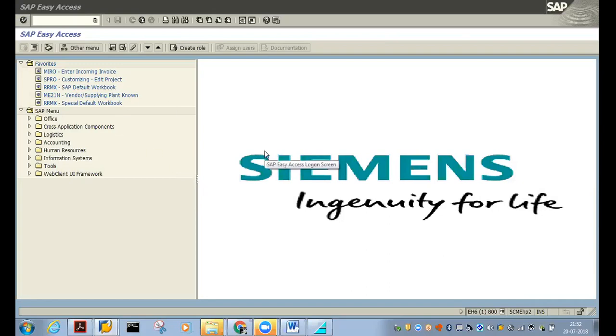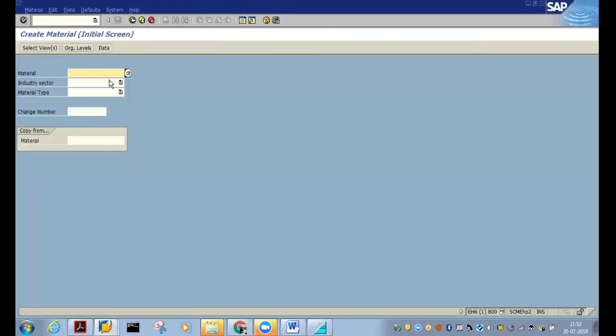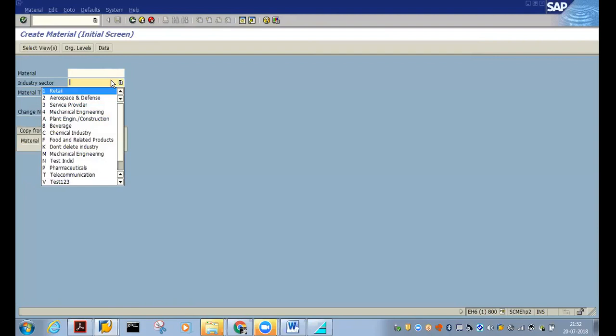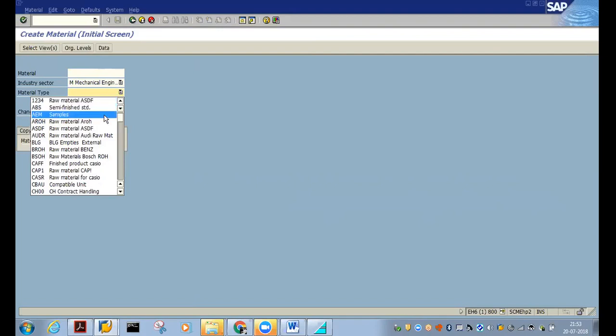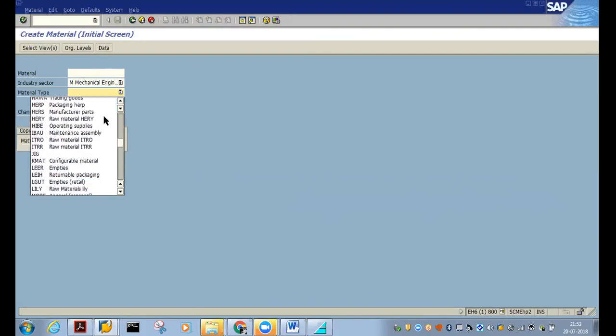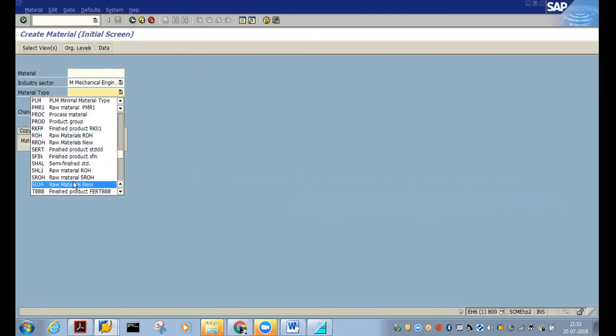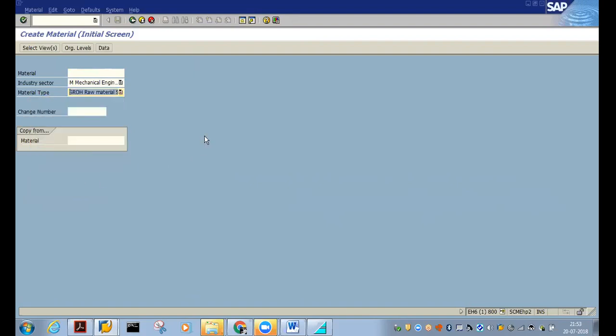So you are able to see my SAP logon screen? Yes, ma'am. So now I'll select MM01, and I'll use the industry sector as mechanical engineering, and SROH as the material type.